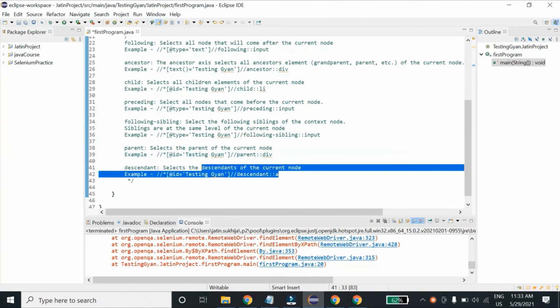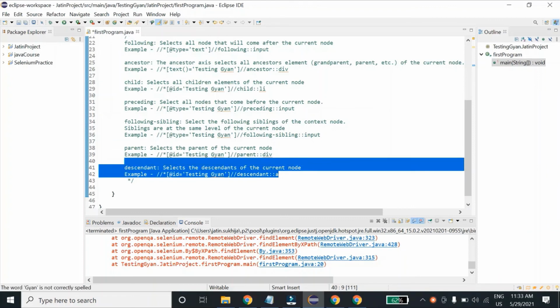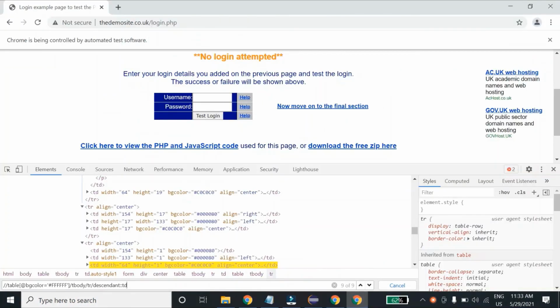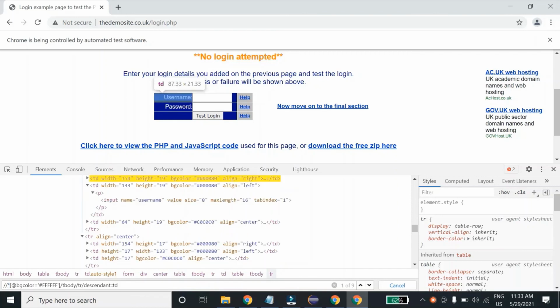So one thing I want you to do is you have to try all the XPath functions as well as all the XPath axes. There are some tricks also which we can use, so I'll tell you those tricks. If you are not sure about this tag name, you can use a wildcard. You can use star. Star means anything. It can be div, a, td, whatever the tag name is, it will automatically take.